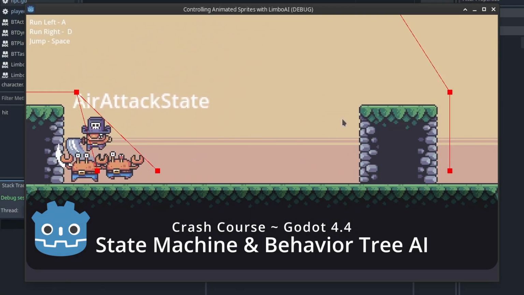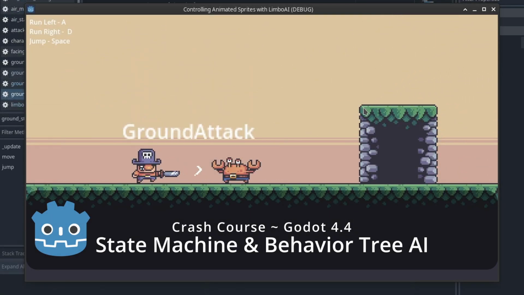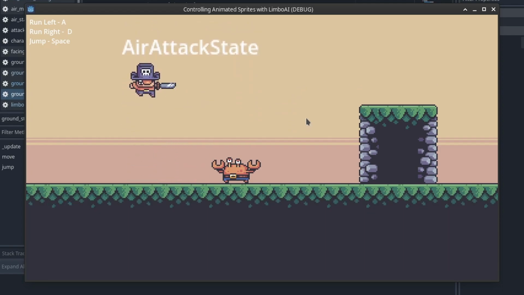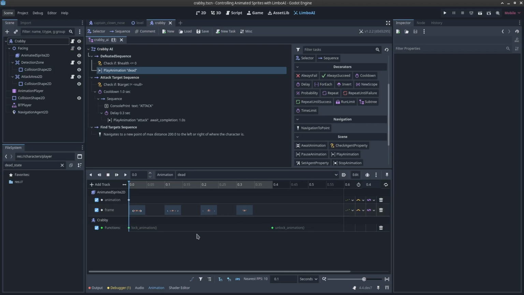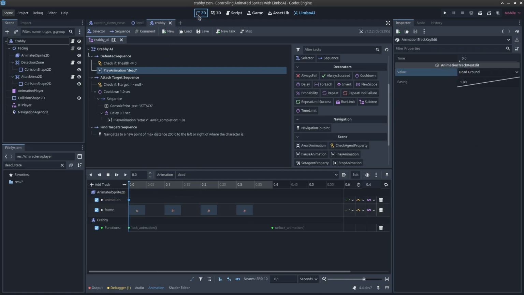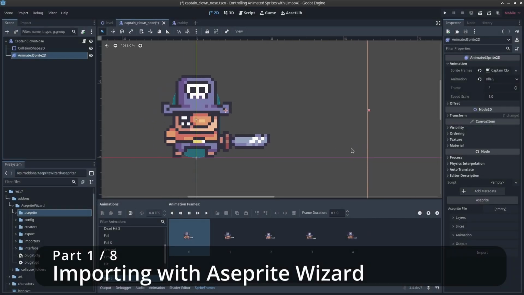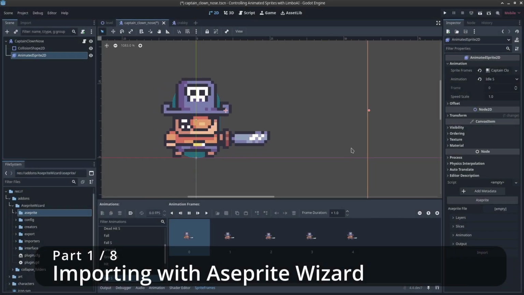So in this series, we're going to focus on building enemy AI with LimboAI behavior trees and a player character using LimboAI state machines as well. And for getting our assets into the game, I'm using Aseprite Wizard in order to quickly set up animated sprite 2Ds. Hello everybody, Chris here, and in this video